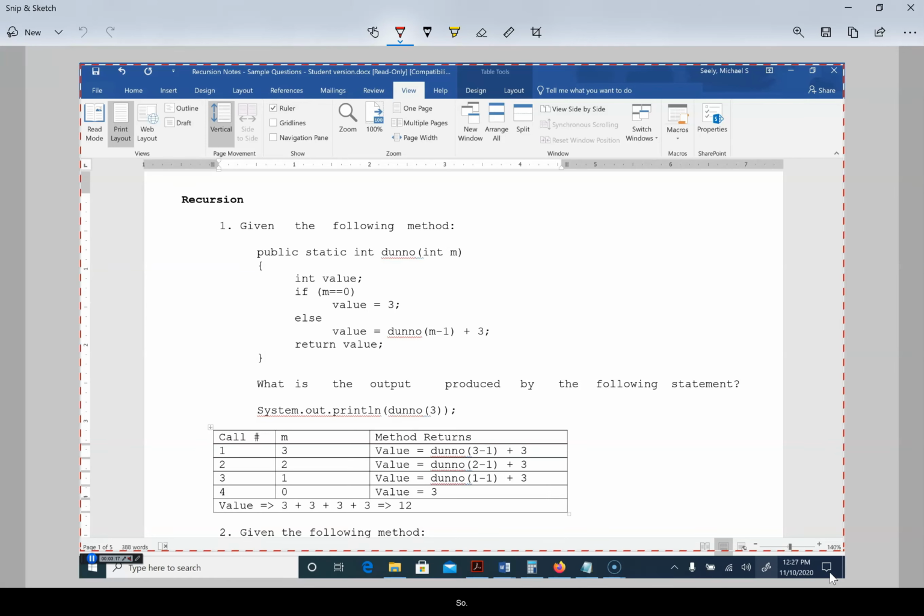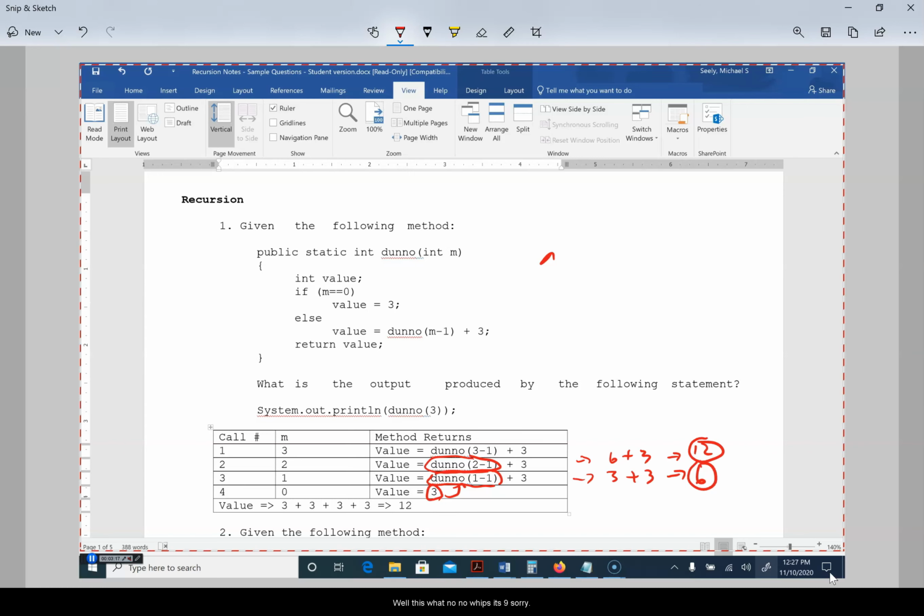Okay, so this 3 gets passed back up to this whole section right here. So this is really 3 plus 3, which is 6. This 6 gets passed into here. So then we get 6 plus 3, which is